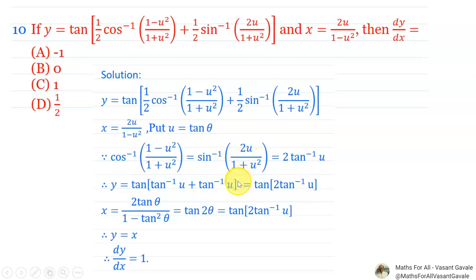Okay. And overall you will get here 2 times theta, but what is the theta here? Theta is the tan inverse of u. म्हणजे या दोघांच्या व्हॅल्यू किती मिळतील तर 2 times tan inverse of u. Therefore you will get here y is equals to tan in bracket 1 upon 2. आता या सर्वची व्हॅल्यू किती येणार आपल्याला? दिस इज नथिंग बट दी 1 upon 2 इथे येणार आहे. दॅट इज 2 times tan inverse of the value of cos inverse of 1 minus u square upon 1 plus u square. इथे किती तर 2 times tan inverse of u आणि इथे देखील 2 times tan inverse of